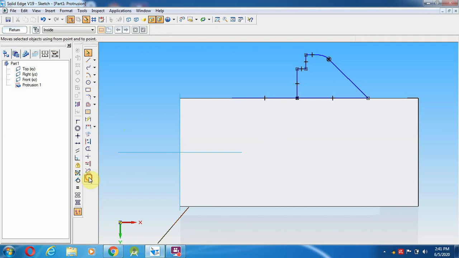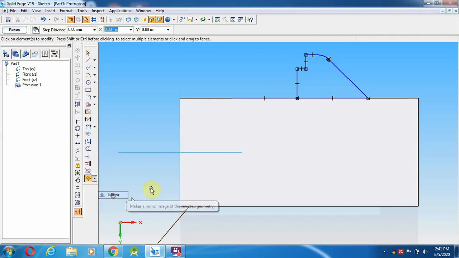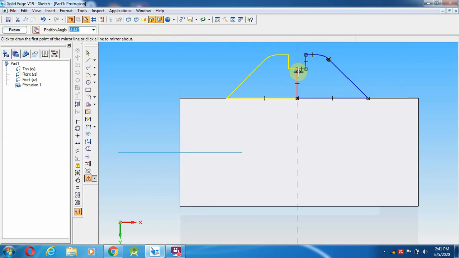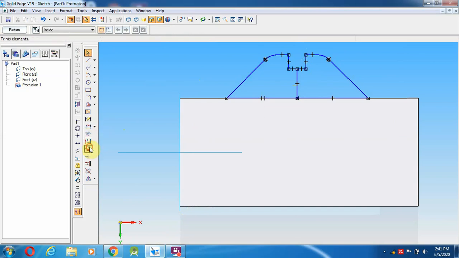Then I am going to use the mirror option, mirroring this particular surface. So I am going to mirror over here based on this surface. And now this is the thing I am going to trim, even this also I am going to trim over here. Now select the line over here, straight line, go to the arc by center point method, taking this as a mid. So from this end point to the end of this line I am going to join over here.